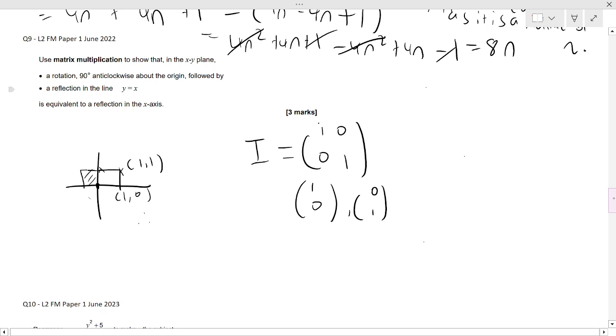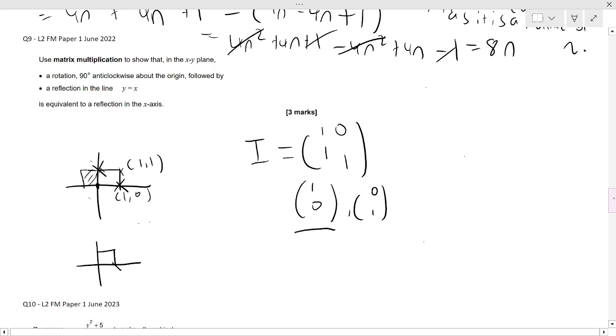What you want is to consider specifically the coordinate 1, 0, which is here, and 0, 1, which is here. So if I draw this square again,